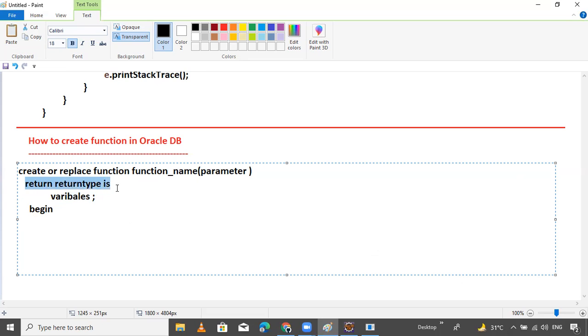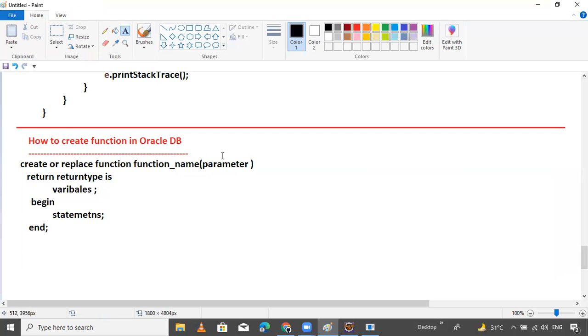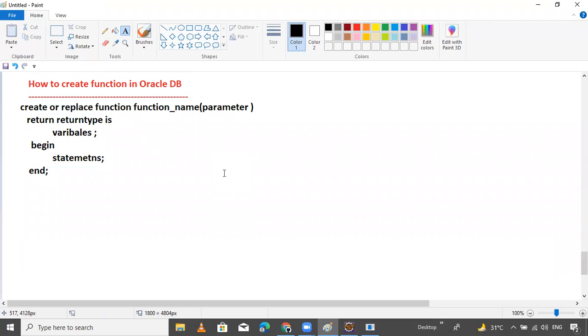Now in the function, first the return statement, then you can declare variables, then here you can write statements, that's it, then end. This is the prototype of creating functions. Are you understanding, guys? Are you getting my point?